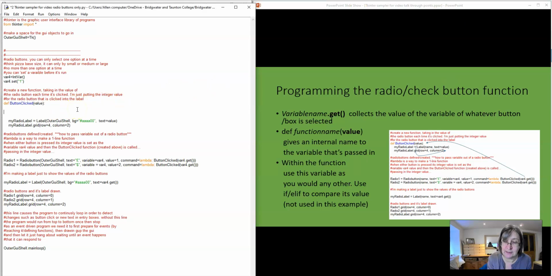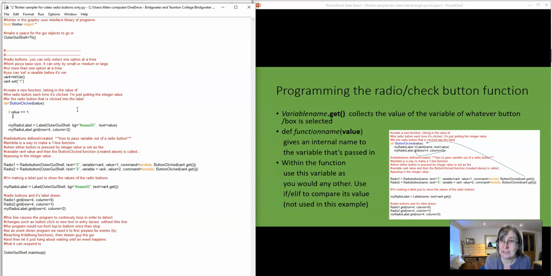Right, I'm going to check the value of value. If value is equal to, now remember when it's a comparison, it's 2 equals signs. It's a number, so I just have to type the number. It's not words, so I don't have to put it in quotes. I need to put a colon. Here's what I will do. If value is equal to 1, i.e. if the first button was pressed,